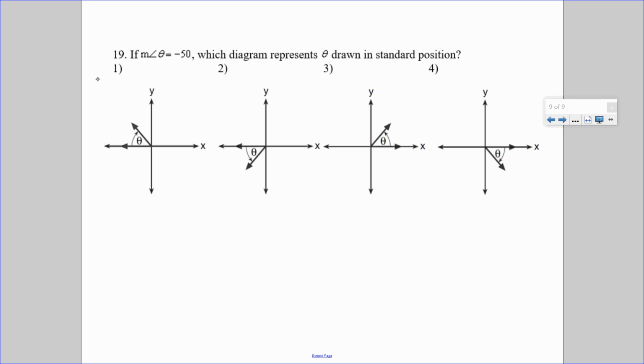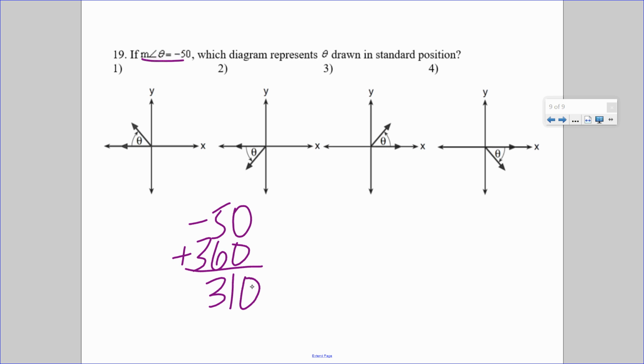Okay, so the angle is not between 0 and 360. So if it's not between 0 and 360, I have to find a coterminal angle. To do that, I'm going to add or subtract 360 until it is between 0 and 360. Since negative 50 is too small, I have to add 360. So 310 would be